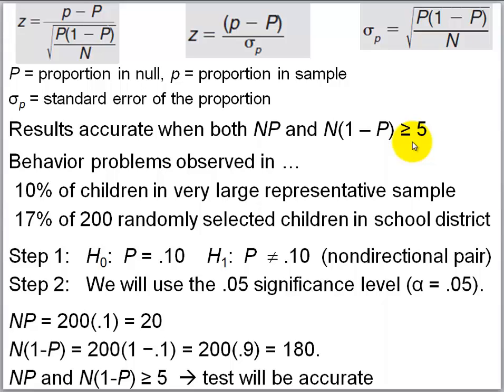Note that a footnote in Chapter 19 speaks to some situations when this guideline might not be sufficient, and that happens when the value stated in the null is very close to